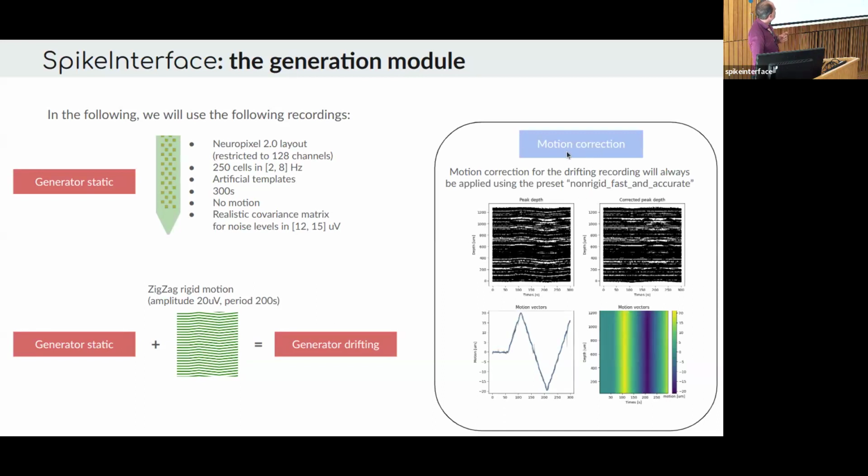And as you can see, the decentralized approach published by the Paninski group, in this particular case on my data, is estimating, well, it's tracking very fairly and very nicely the drift. So my motion corrected data is something that I guess is the closest to what I wish I could have, but it still has some noise, maybe due to the fact that the motion estimation is not perfect, but still, let's say it's the best I can do these days.